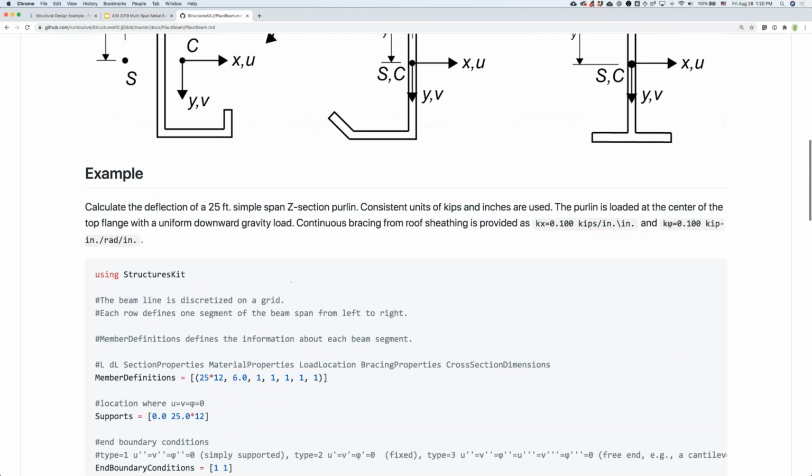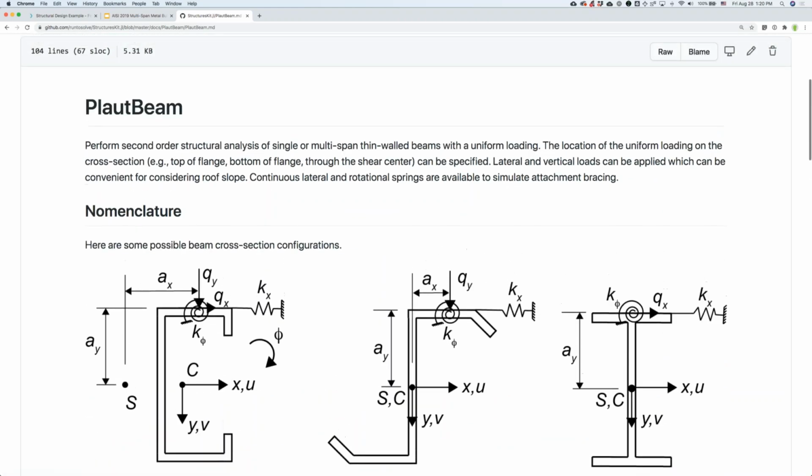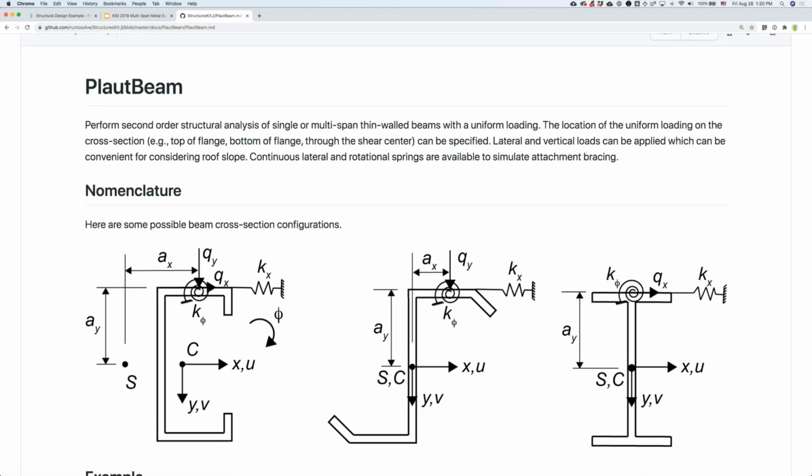I'll just say a little bit more. I would say that the solution of the differential equations is one of the innovations and benefits of using the open source software platforms. I'm using the Julia language, which came out of MIT about 10 years ago, and it's becoming very popular now. It has some really nice